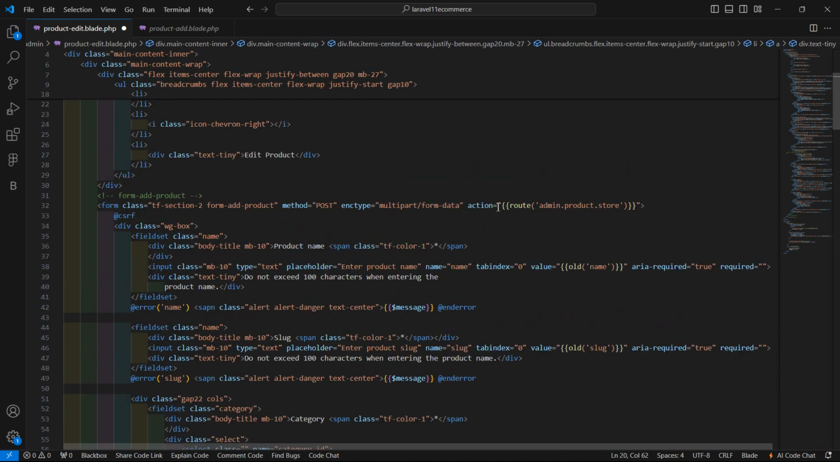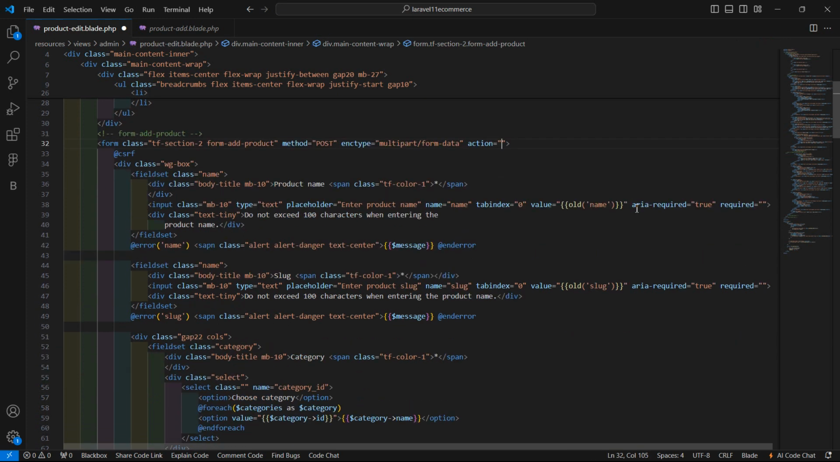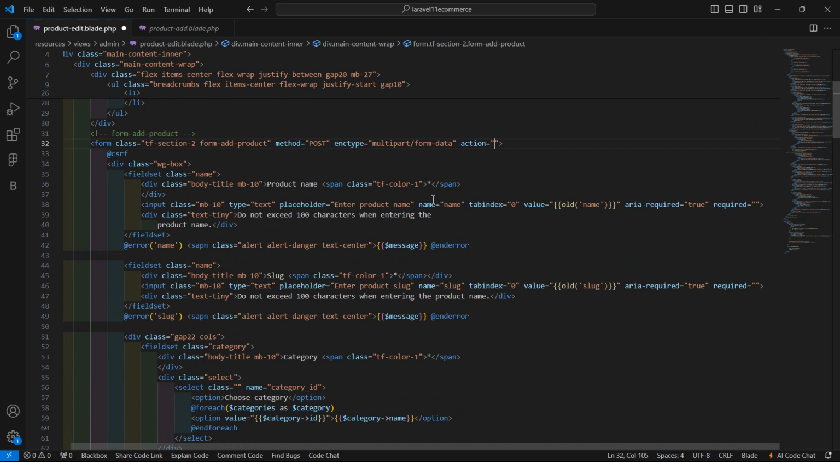Okay, and also remove this route, and inside the value let's display the previous value. Sorry, database value, table value. So for that, just write $product->name. Okay, and here display the slug. So right here, $product->slug,